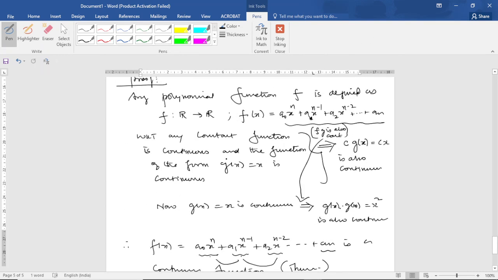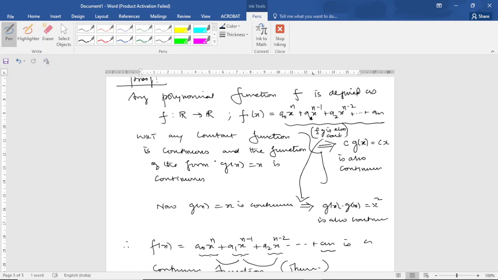We know that constant functions are continuous, and the identity function is continuous. Therefore, a constant function into the identity function is continuous. That is one result you can keep in mind. Then this polynomial a naught into x power of n is nothing but sum and product of continuous functions, and hence by the previous theorem the resulting function is also continuous. Like this simply we can write it. I don't want to explain it like this also. So this completes the proof of this theorem,